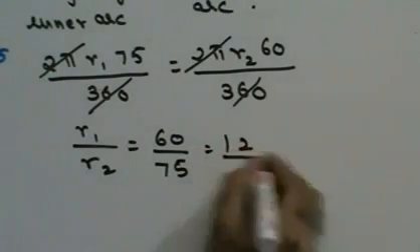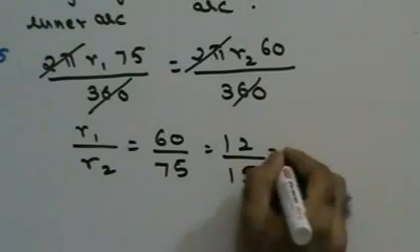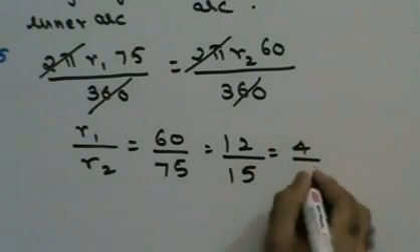1 5s are 5, 2s are 10, 5 5s are 25, 3 4s are 12. Therefore the ratio of the radii is